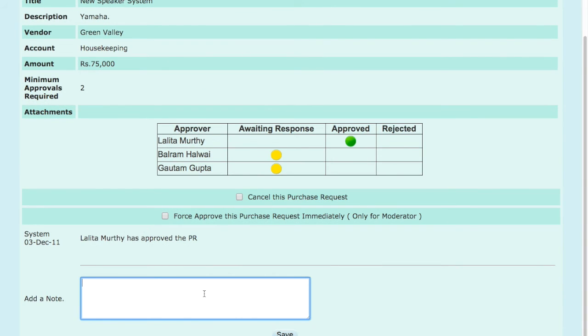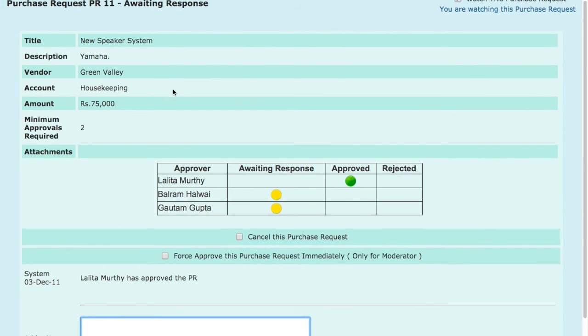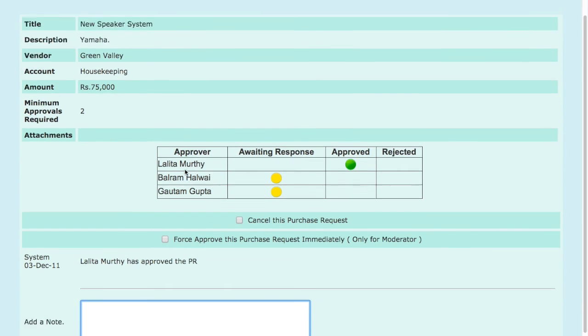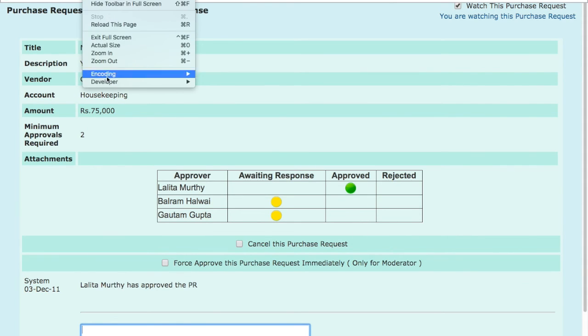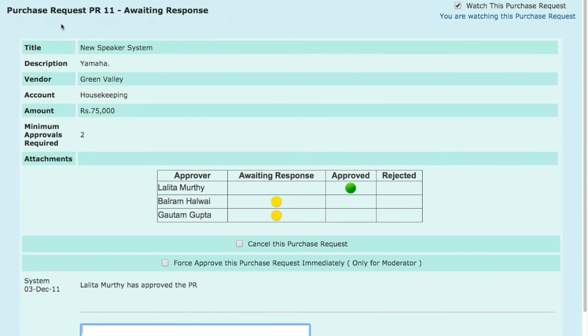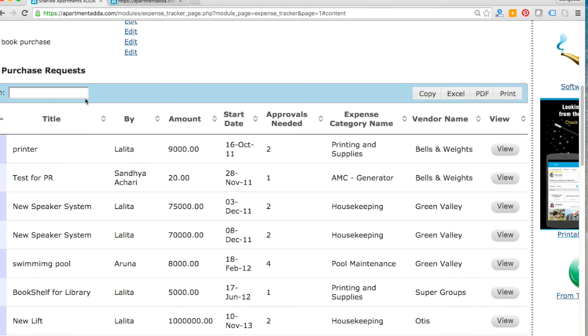Any discussion that you want to have within the management committee or approvers can happen right here instead of happening in email, so that all due diligence that you are doing against any purchase is recorded neatly against that purchase, who all had approved, which date and all that. So that is the purchase request module.